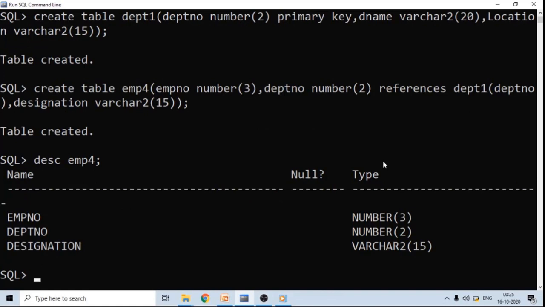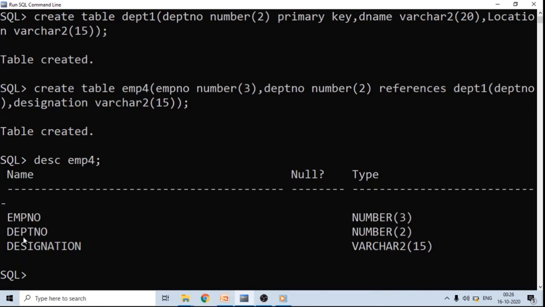This is your table which is created now. EMP number, department number, and designation are the columns. From that, department number is a foreign key. Department number is a foreign key, that is a reference key which refers to the department number column